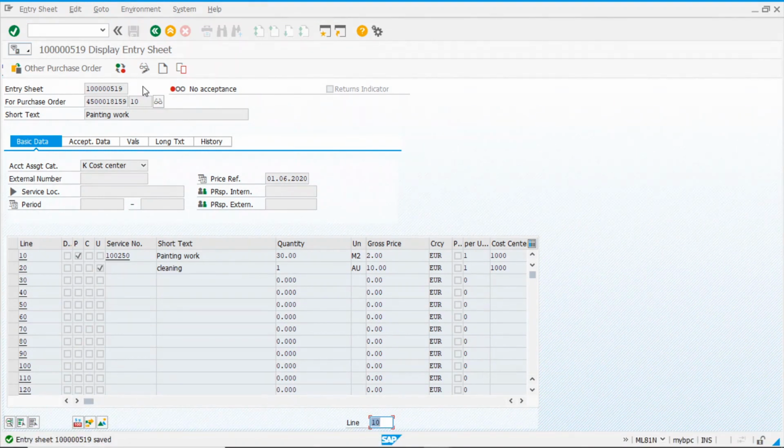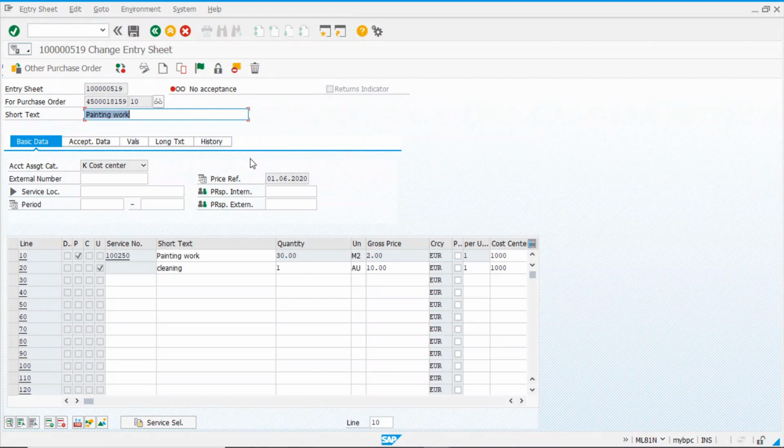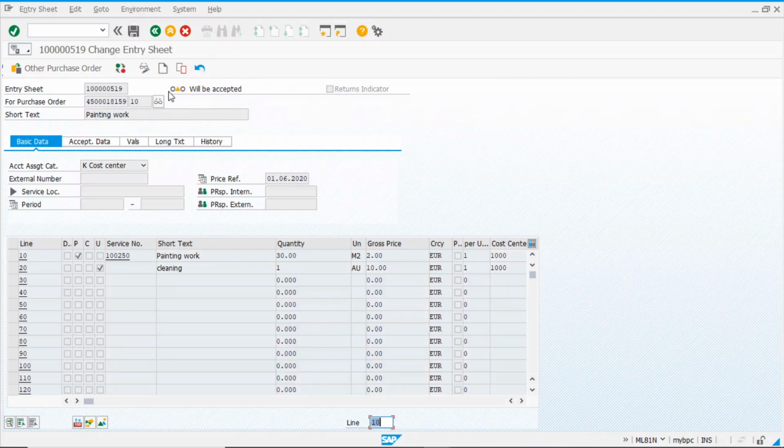And then a different person will control and, let's say, authorize this document. So it will go in change mode again. And now with the green flag, you're going to accept it. You see, it will be accepted. So now we can save,